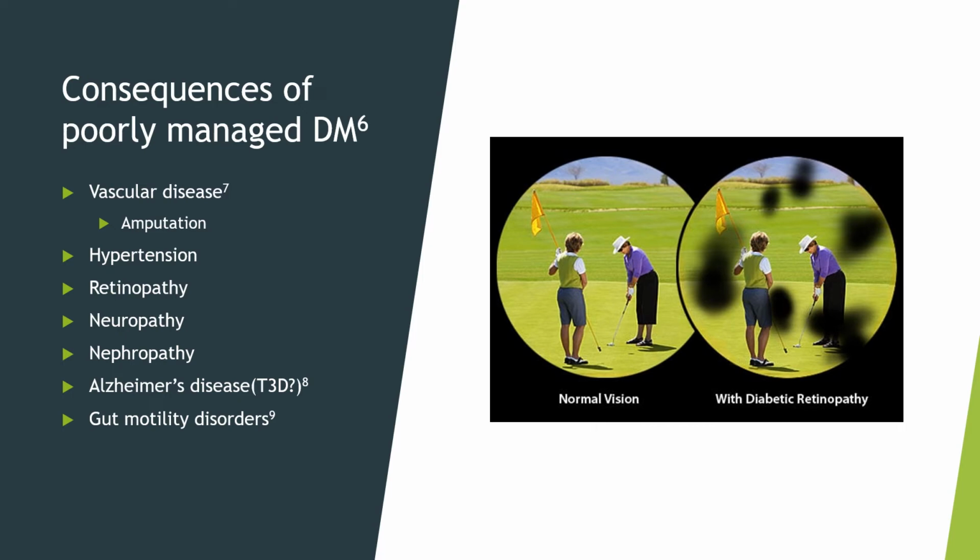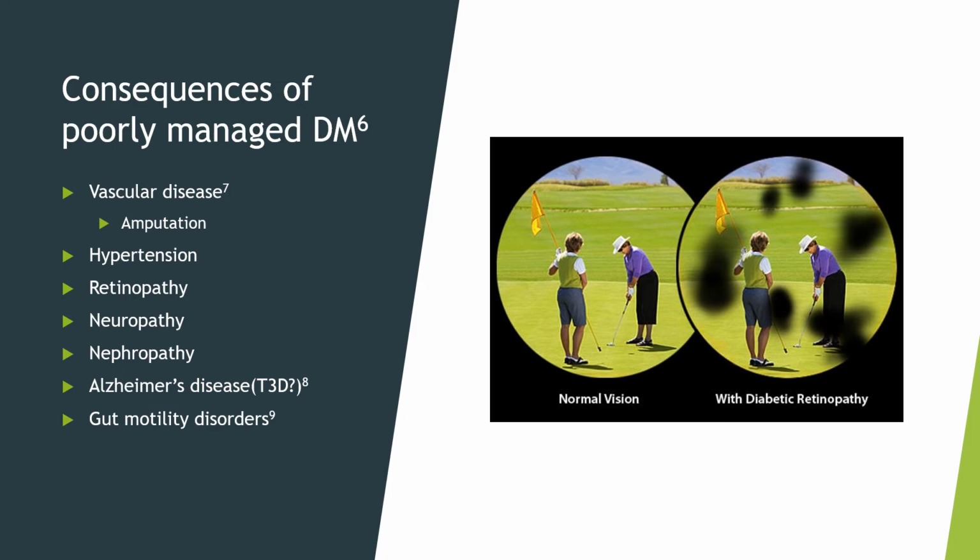Additionally, this kind of vascular disease will also manifest itself in heart disease as well as erectile dysfunction. Those are small blood vessels feeding into the erectile tissue in the penis. Hypertension, this is created by vascular disease. Retinopathy, which means